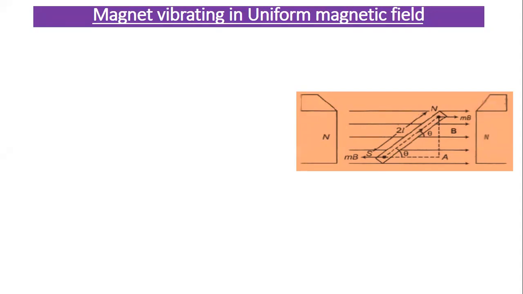This is the magnet. This is the N pole and this is the S pole. The force acting on the N pole is MB. You know the electric intensity formula is F by Q. In a similar manner, the magnetic field formula is F by M. So F is equal to MB. This is the force acting on a pole whose strength is M. So the force acting on this S pole is MB, or we can put minus MB, because it is opposite to this force, or the pole strength of the S pole is minus M, so we can put minus MB also.